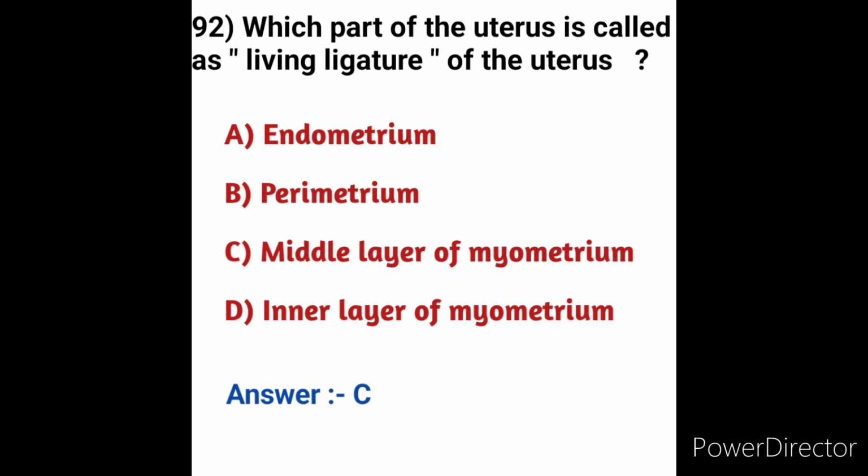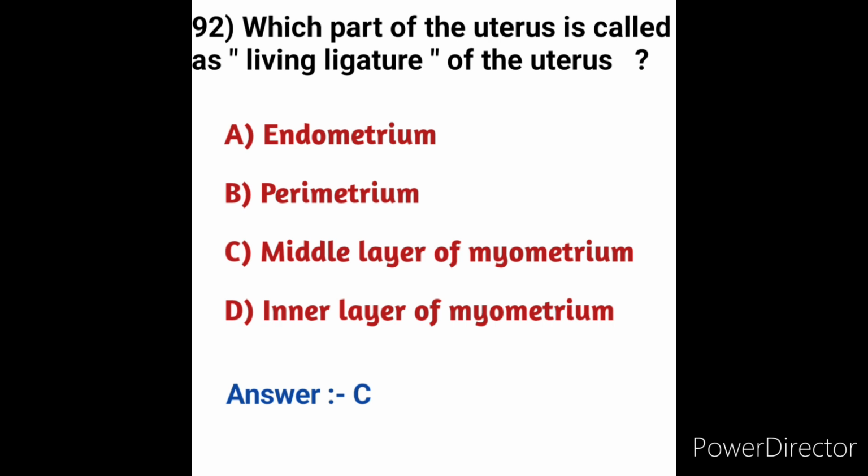We will see here the options. Option A, endometrium. Option B, perimetrium. Option C, middle layer of myometrium. Option D, inner layer of myometrium. The middle layer, from crisscrossing muscle fibers, acts as a living ligature during involution of the uterus and prevents blood loss when the